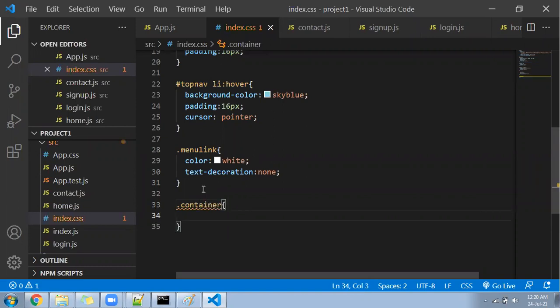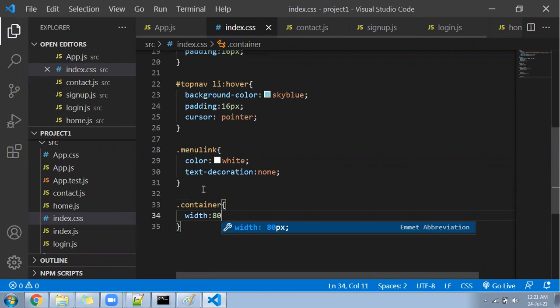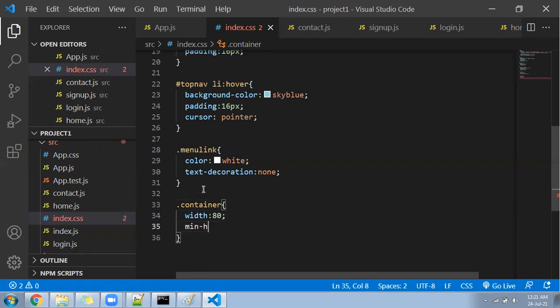This container class will have a width of just 80%, and a minimum height we can give somewhere around 500 px, and we can give margin auto so that it will appear in the middle.